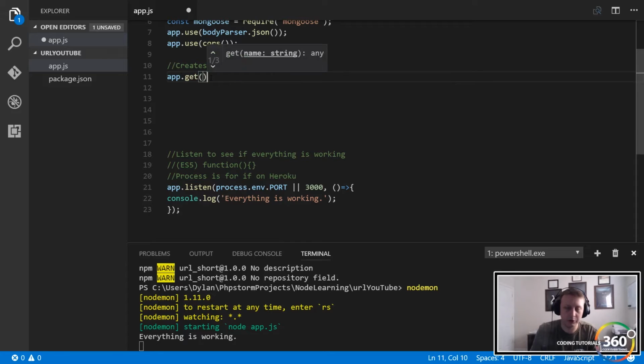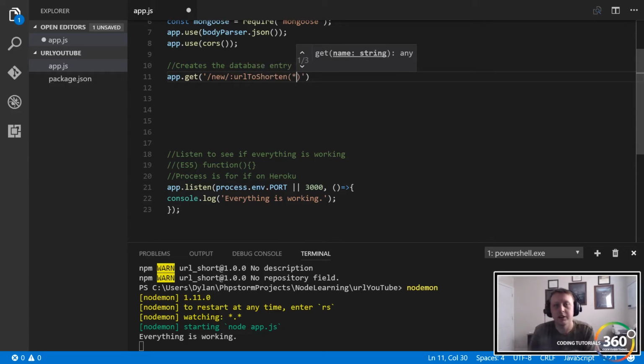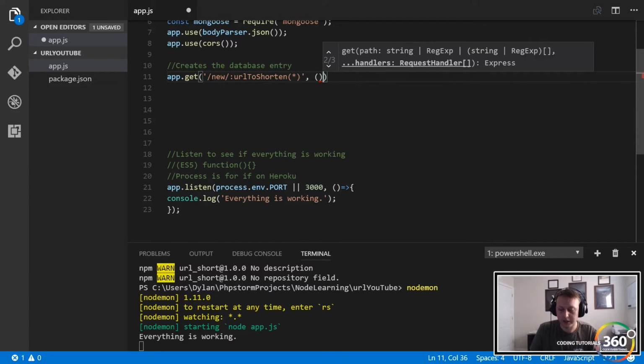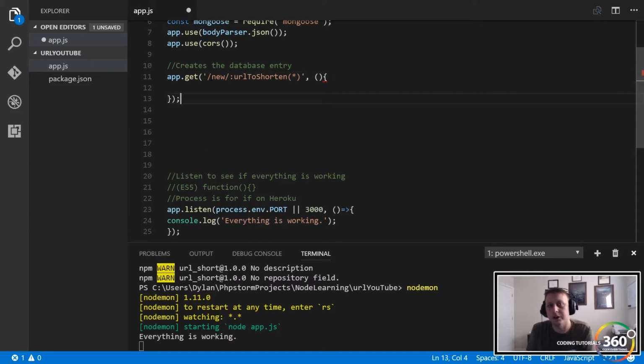And so where do we want to get? We want to get to this relative URL path, which is new. And then we have this parameter here, which is going to be URL to shorten. Now, on the end, we're going to have these little parentheses here and this asterisk. The reason that this is being included here is because later on we will run into an issue where, if it's an HTTP: with those double slashes, it's going to think we're trying to go into a folder subdirectory. This is instead basically going to say accept it all as part of the string